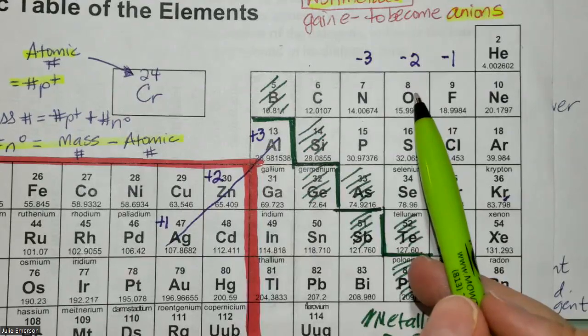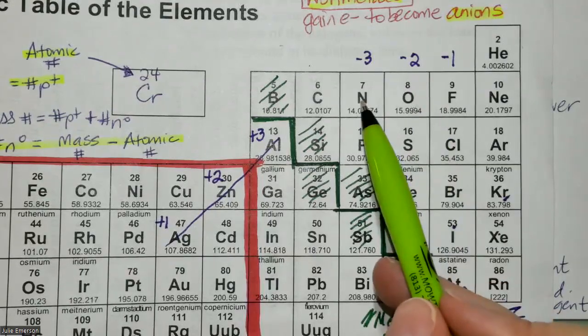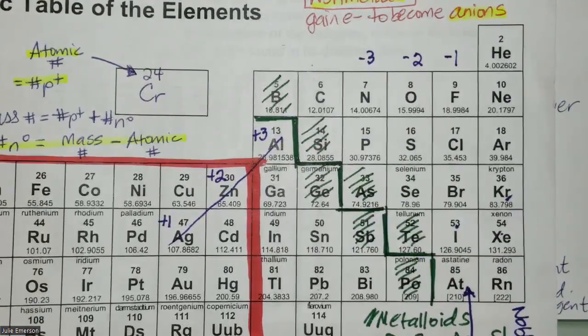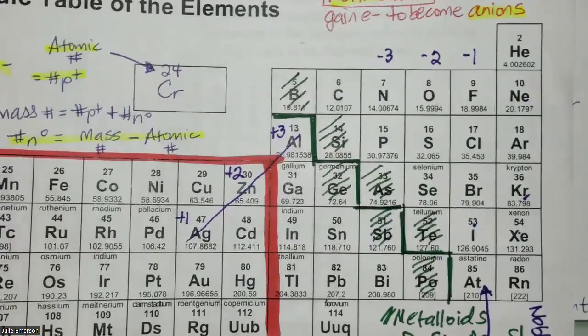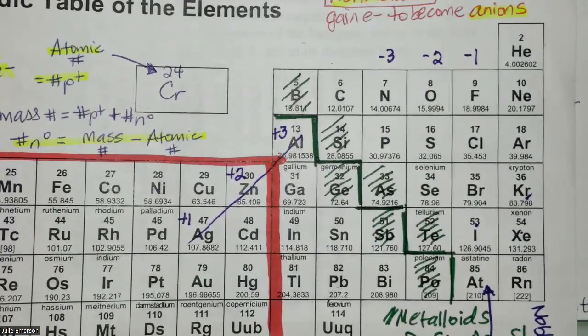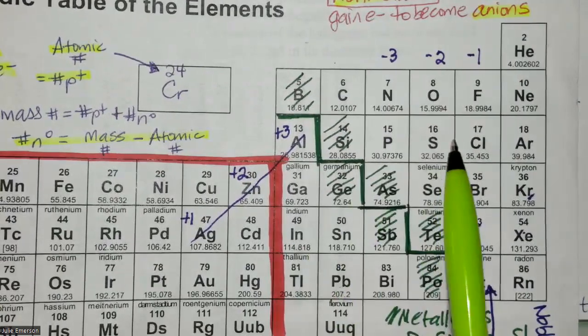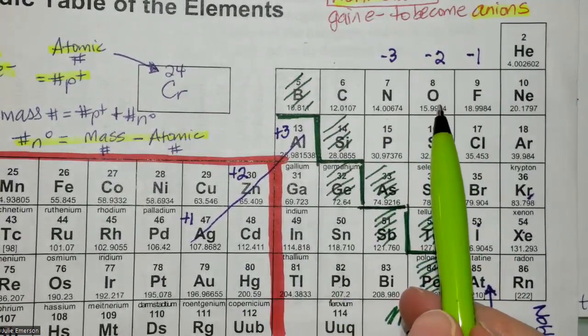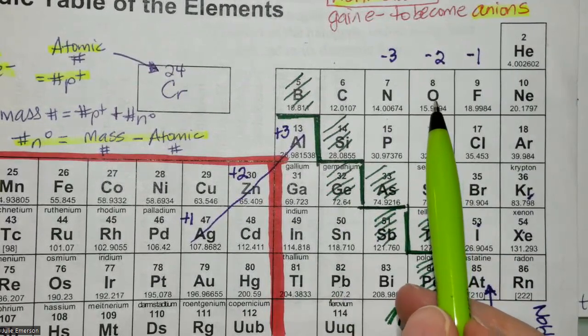So oxygen will be -2. The nitrogen will be the unknown. There are some exceptions. Really what this comes down to is electronegativity, which we haven't covered yet, because we don't get there until we start looking at trends in the periodic table. But technically, oxygen is our second most electronegative element. So the only possible charges are either 0 when it's by itself as oxygen gas, or -2 when it's part